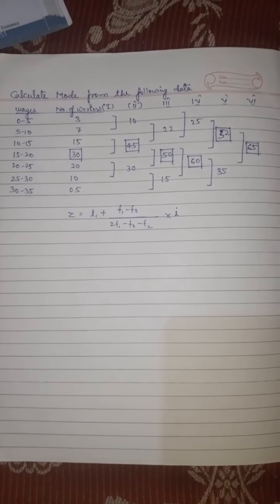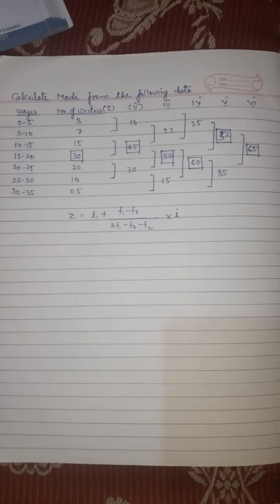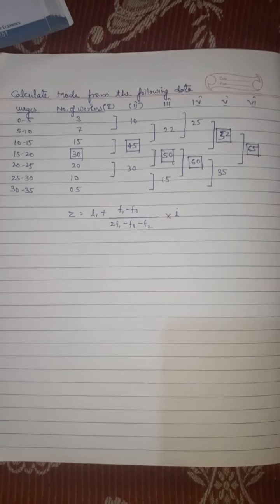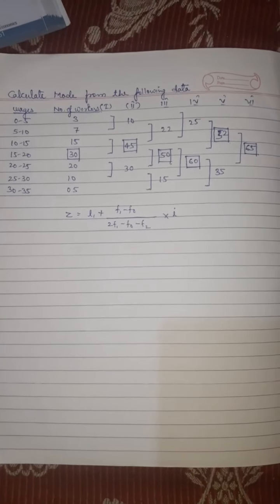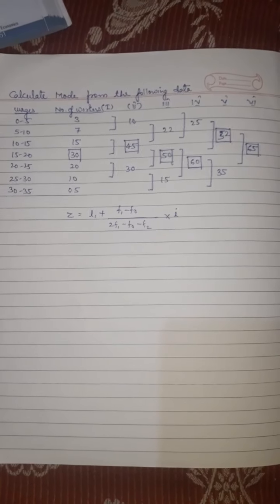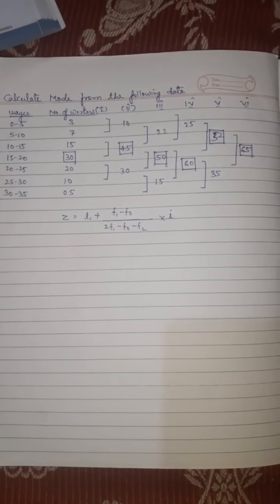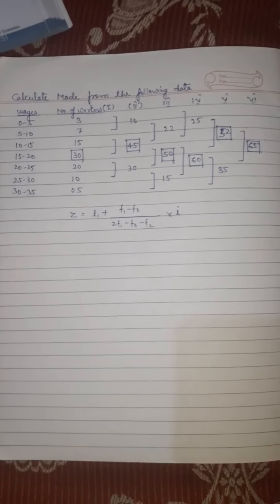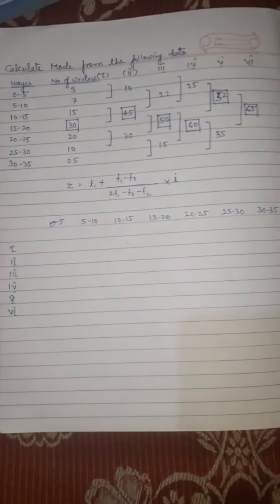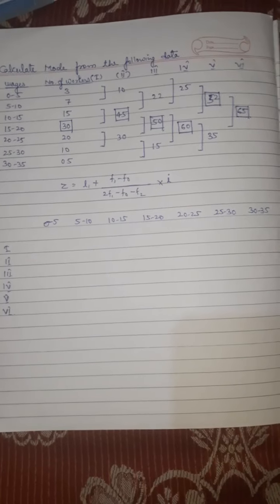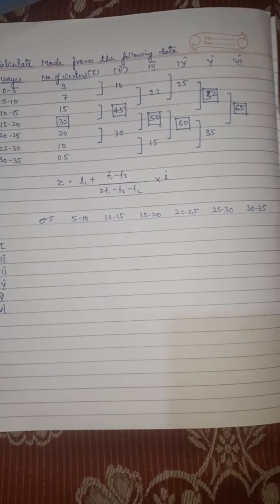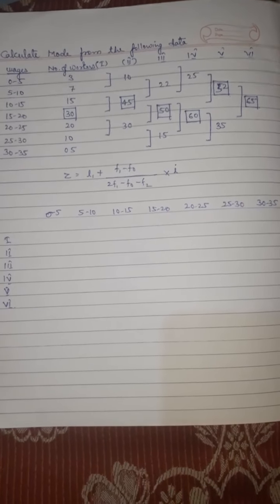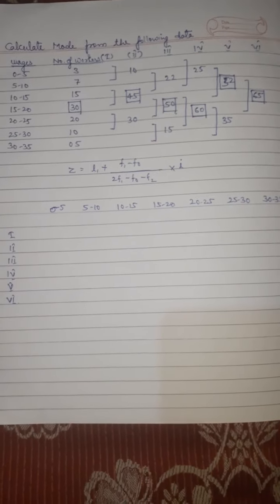We know the formula of mode, which is already written. Now one more tabulation we have to make. अब उसमें हम क्या करेंगे, जो वेजेस हमको वर्टिकल कॉलम में दी है इसको हम हॉरिजॉन्टल में कन्वर्ट कर लेंगे, और जो हॉरिजॉन्टल कॉलम है इसको हम वर्टिकल कॉलम में कन्वर्ट कर लेंगे. See how it will be done. See, that is how it will be made. So 0 to 5, 5 to 10, that I have made horizontal, and the columns which were on the upper side, horizontal, I have made vertical.